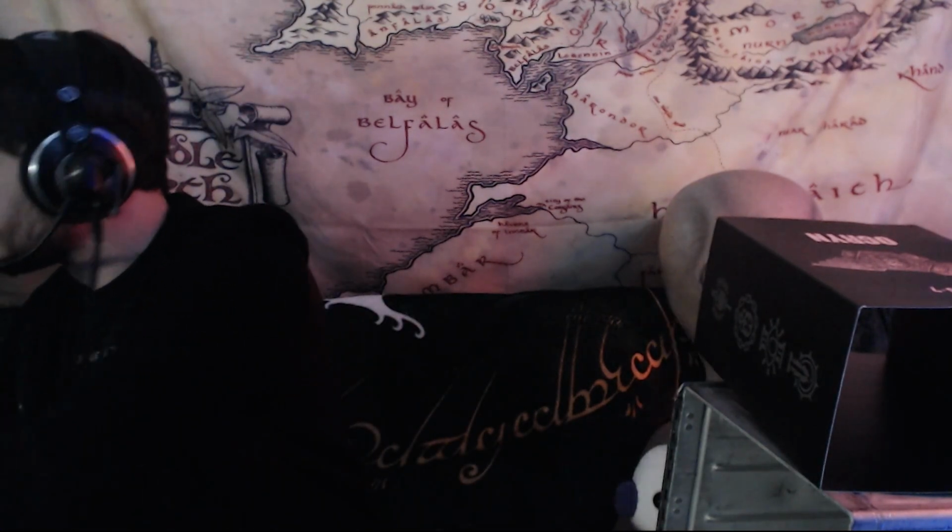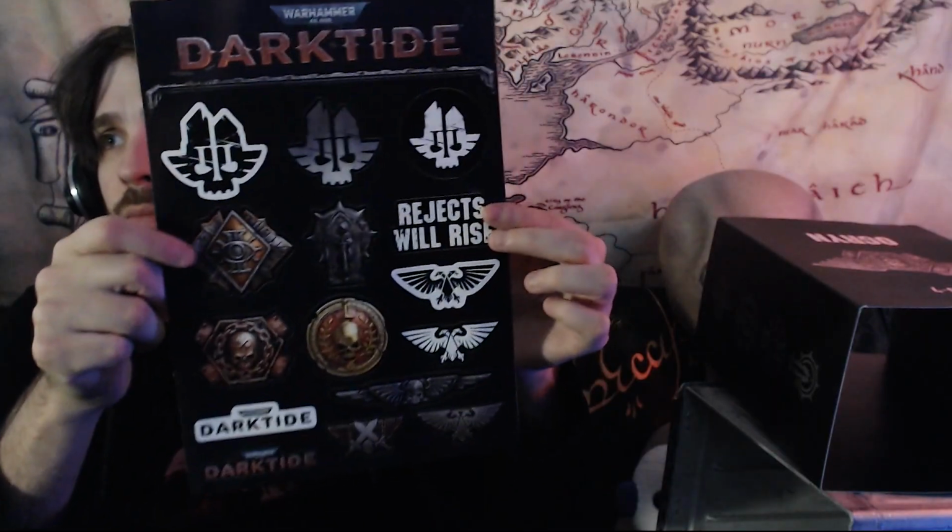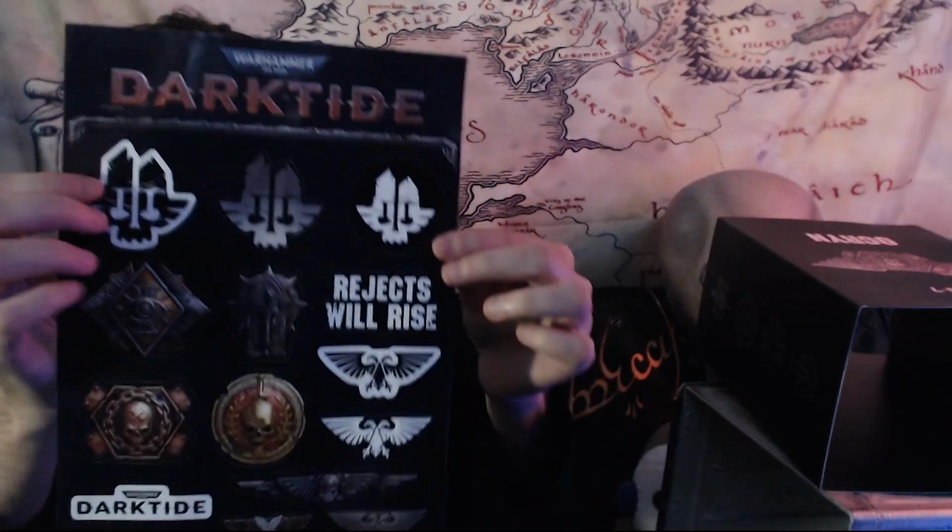Cool. There are some stickers. Okay. I want to put that rejects will rise sticker in a place where everyone can see it. There is a code here. Game Steam DLC. The code is...